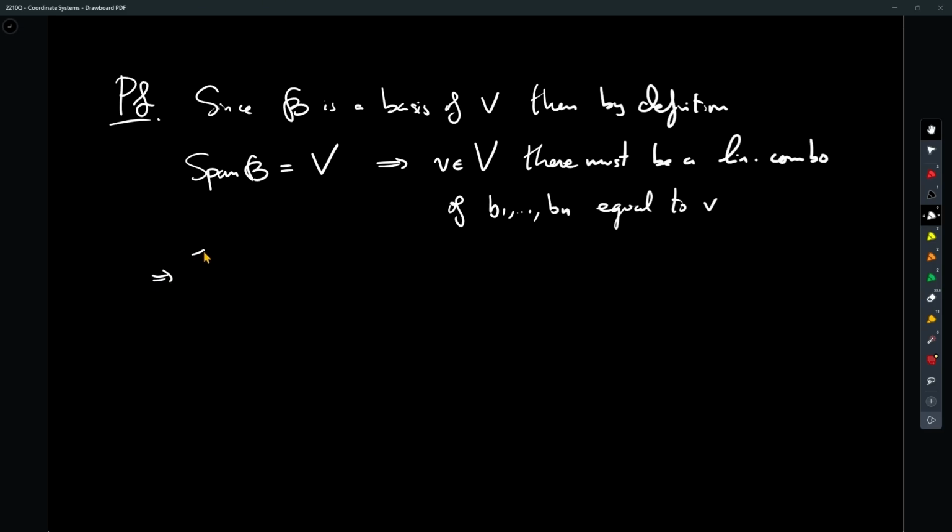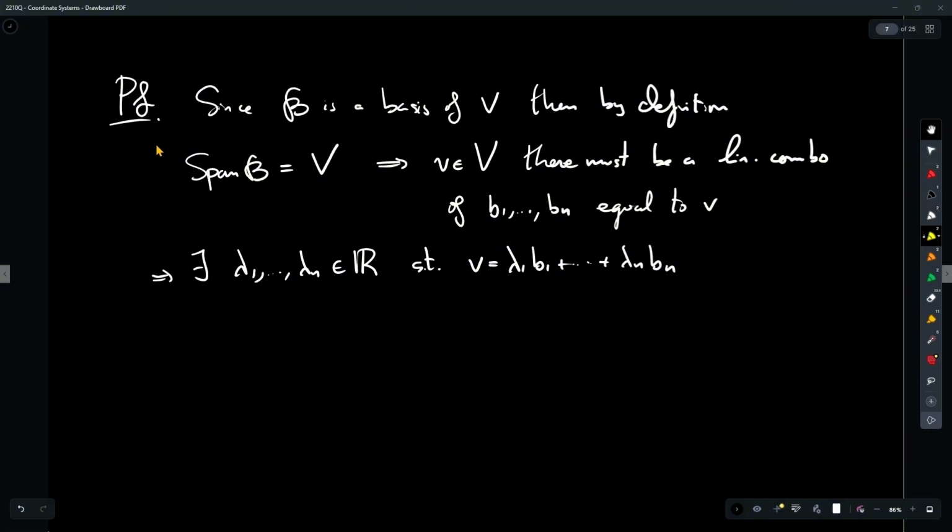So there are lambda 1 through lambda n real numbers such that v is lambda 1 B1 plus ... plus lambda n Bn, because that is what it means to be a linear combination and for v to be part of the span of those vectors. But now, this would show the existence,